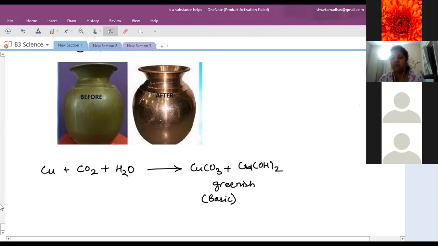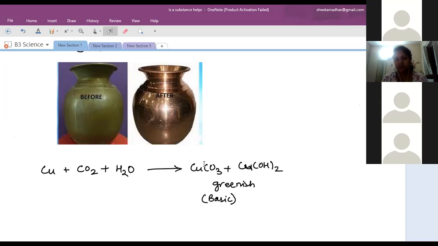Able to understand? What were the two methods to obtain back copper? Not copper obtain, no, that layer is removed. We won't get the same copper back. That green coat has been removed by using acidic substances, mild acids like lemon juice we can use, or tamarind used in our house, to remove only the greenish layer. We can't convert it back to the same copper.